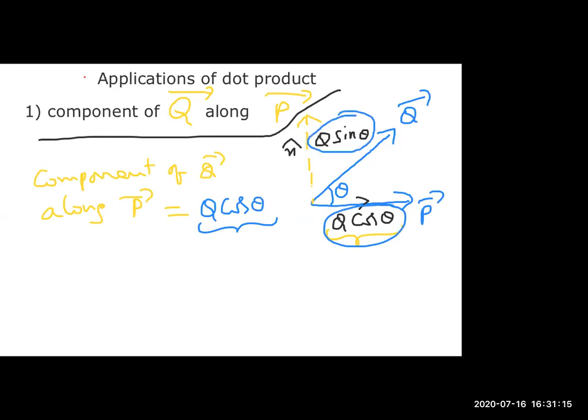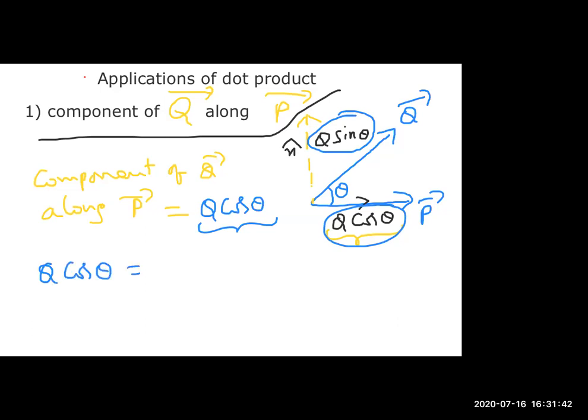So now Q cos theta is in which direction? Observe carefully here. Q cos theta is in the direction of P bar. So here also we wrote the same component of Q bar, that is Q cos theta along P bar. So I want the Q cos theta value here. What should I write here? Q cos theta is equal to, I have to find.